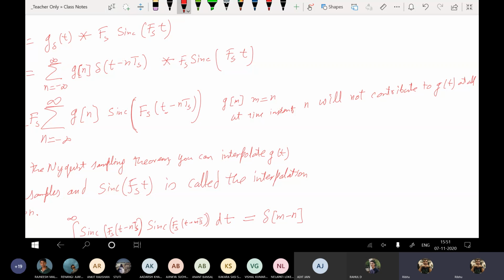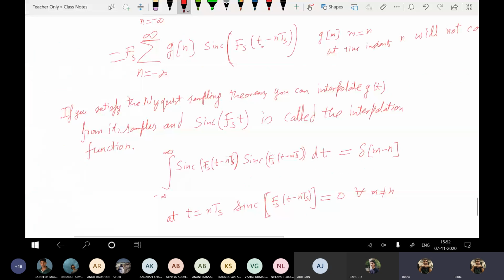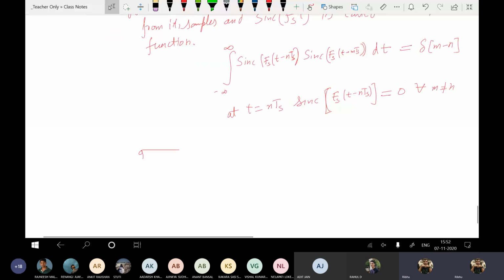You follow that? What will not contribute to g(t)? So if I look at, I have g(t) equals summation n goes from minus infinity to infinity g(nTs) sinc of fs (t minus